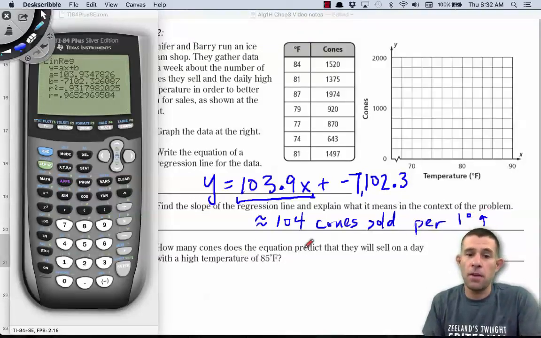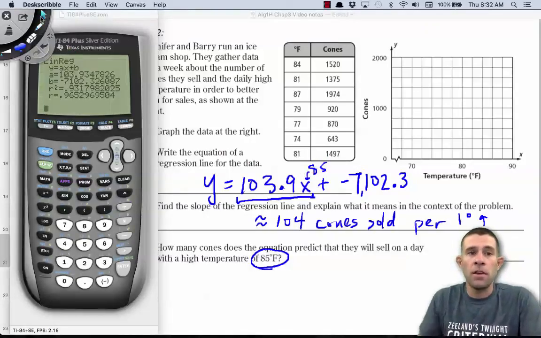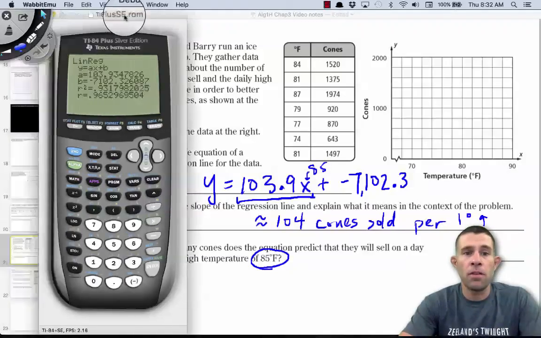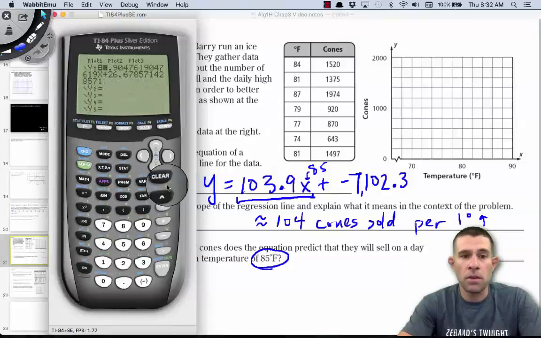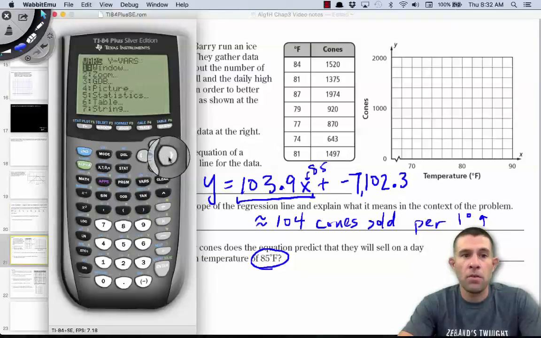All right, now how many cones does this equation predict they will sell on a day of 85 degrees? So again, we can use this equation to substitute 85 in for x, or we can go back to our graphing calculator and see if our graphing calculator can quickly gather that for us. So I'm going to do that on a calculator by going to my y equals. I'm going to clear out the equation that's in there already, and then I'm going to press variables over to statistics,